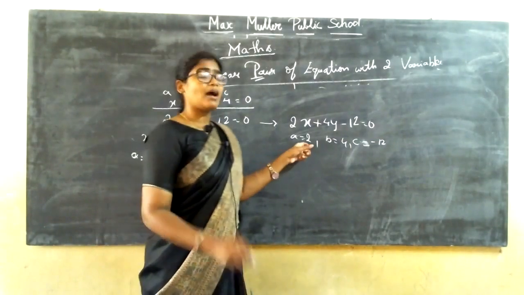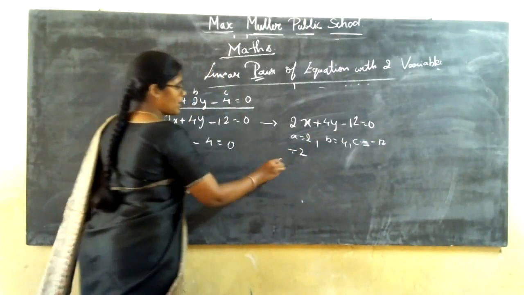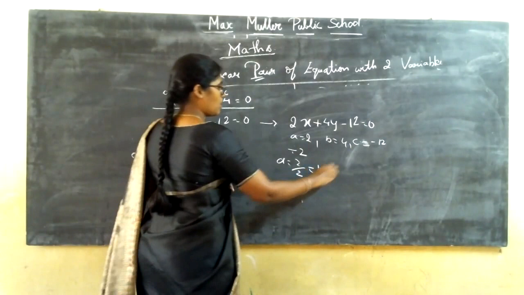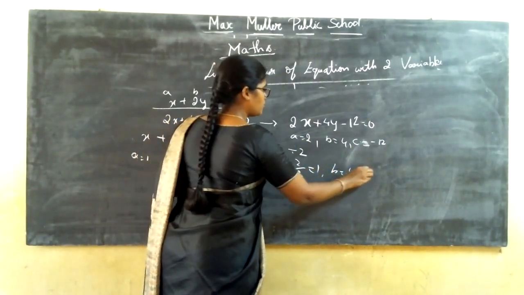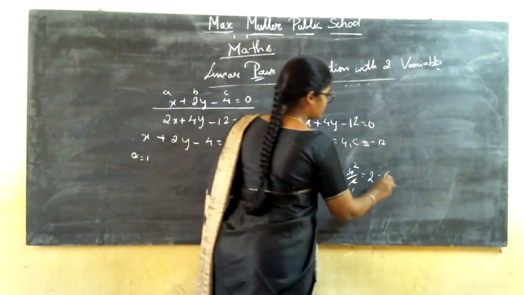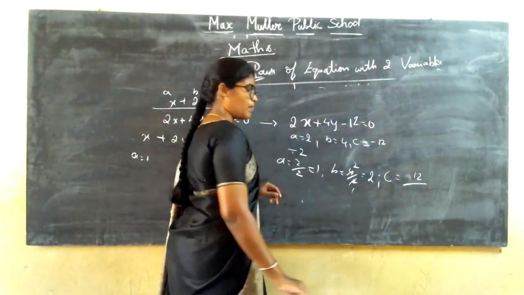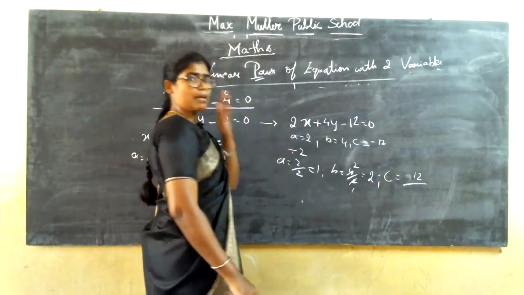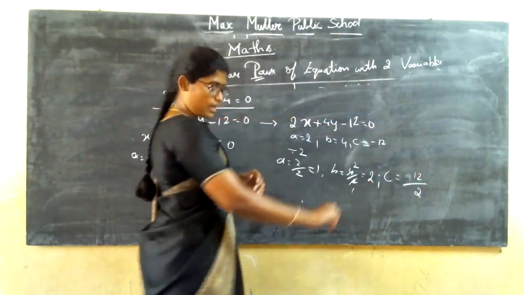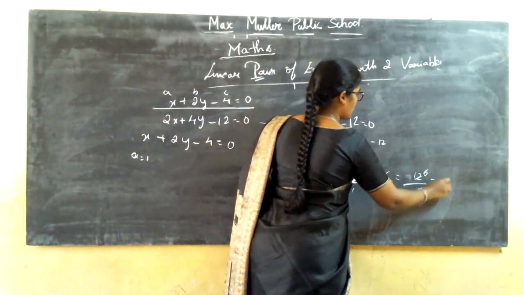Now if you are going to divide this whole equation by 2, then what happens? The A value, A is equal to 2 divided by 2, it will be 1. Next, B value is 4 divided by 2, 2 ones are 2, so it is 2. Then C value, it is 12 divided by 2. Leave this minus sign, do not worry about the minus sign and plus sign. Let us take that minus sign and plus sign afterwards. Let us only divide the number. So it is 12 divided by 2, 2 sixes are 12, so you have 6.